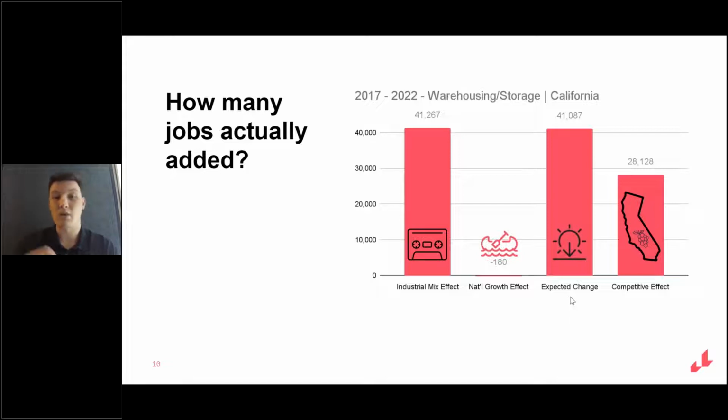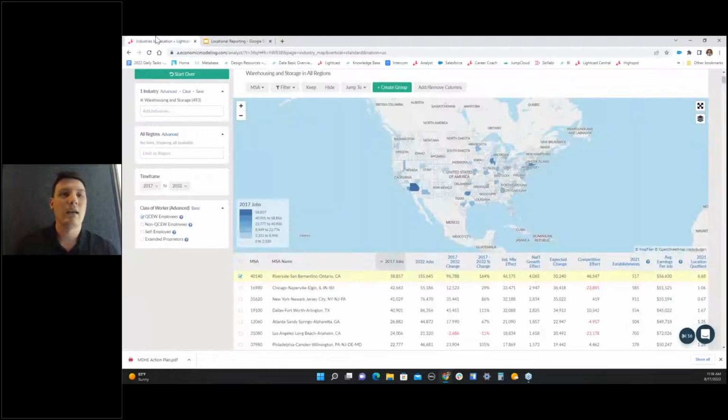As this grew substantially more than was expected or predicted in the expected change, we can see that 28,000 jobs on top of the 41,000 were added. And so this graph isn't representing competitive effect as well as I'd like, because competitive effects should be on top of this expected change right there. But it's a nice visualization of how these effects are impacted by the industry. So the industry is impacted by these effects. Sorry about that. And so I'm going to go back to my report here